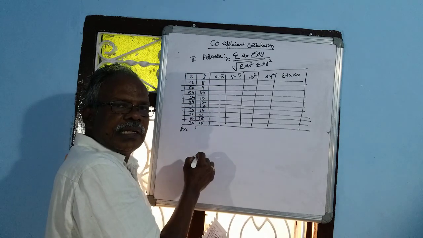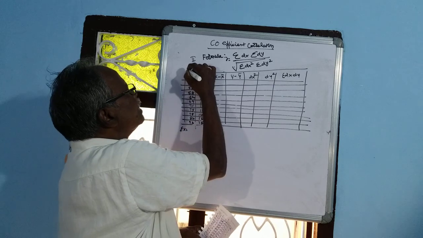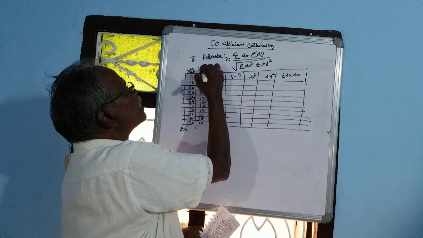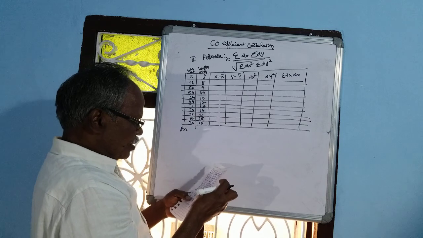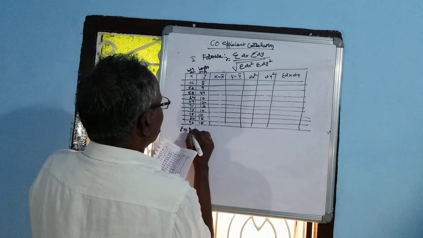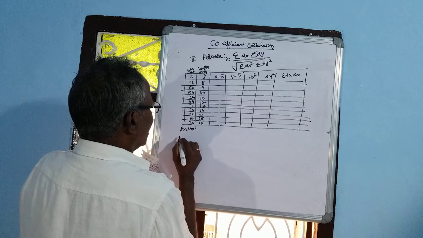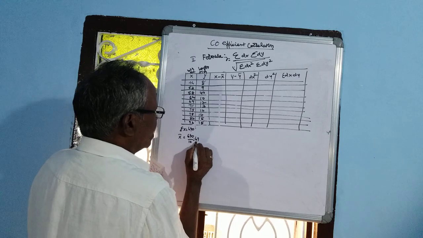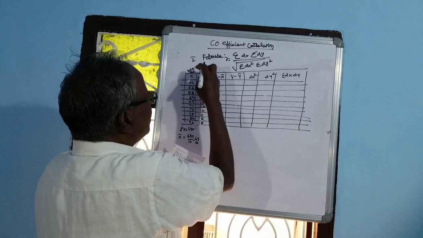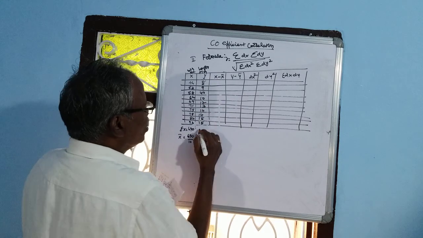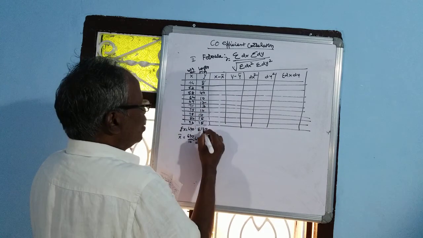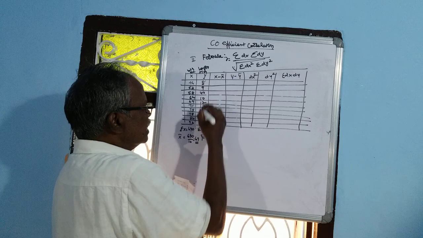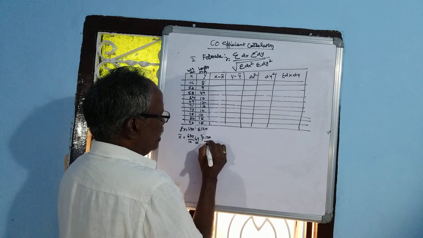We have to sum up all the x values, that is the weight of fish. This is the length of fish. Sum of x is equal to 690. So the arithmetic mean is 690 divided by 10, which is 69. Similarly, the sum of y is 120. Then y dash, the arithmetic mean of length of fish, is 120 divided by 10, which is 12.